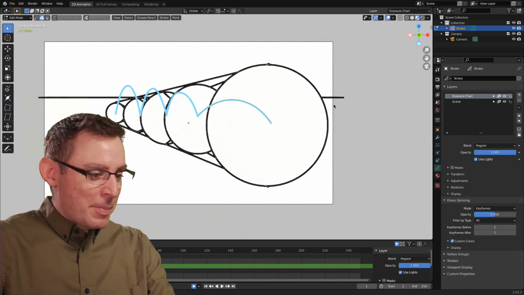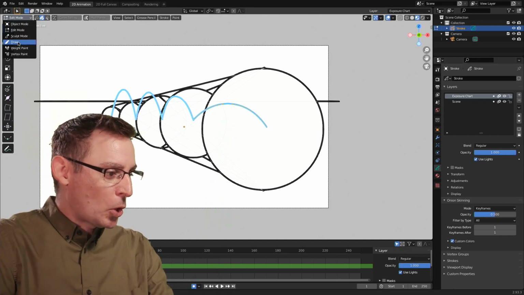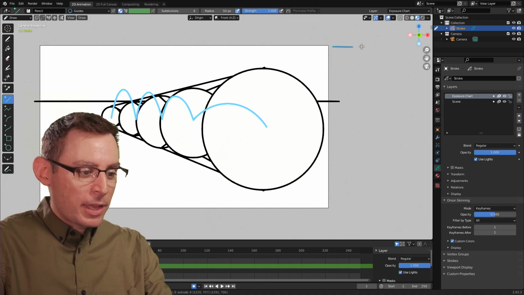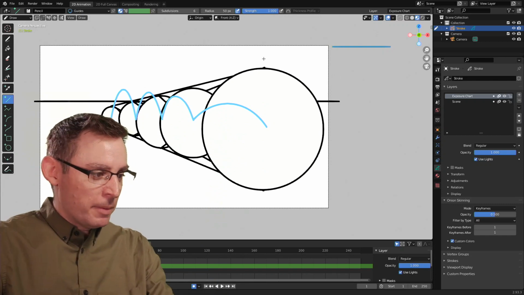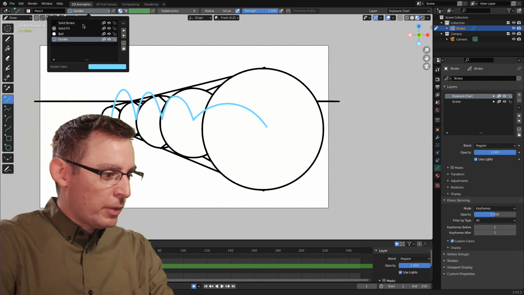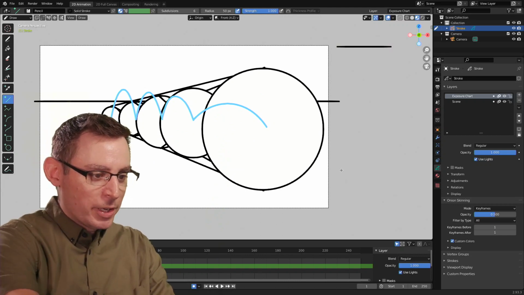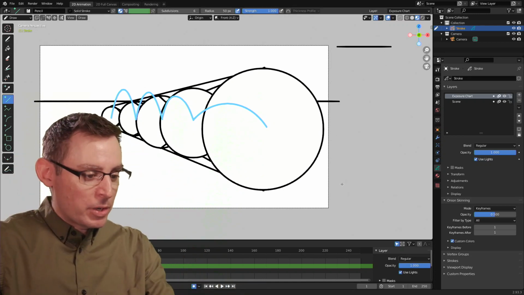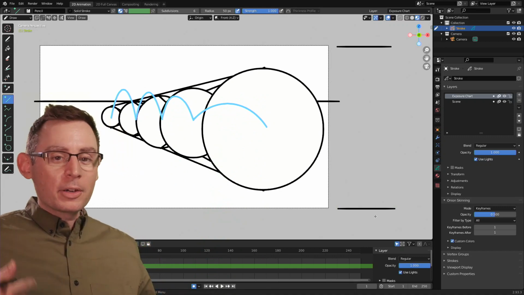I'm just gonna name this animation layer exposure chart and use some simple drawing tools like lines to help us establish the time that certain things are going to happen. And I'm gonna do it on the outside of my animation frame. You can do it over there, that's totally fine. Yeah, this is a cool work area. We don't necessarily have to do it inside the drawing itself. Of course, anything that's outside the boundaries of our frame is not going to be rendered, so it's a great environment for us just to very quickly prototype our sense of speed.